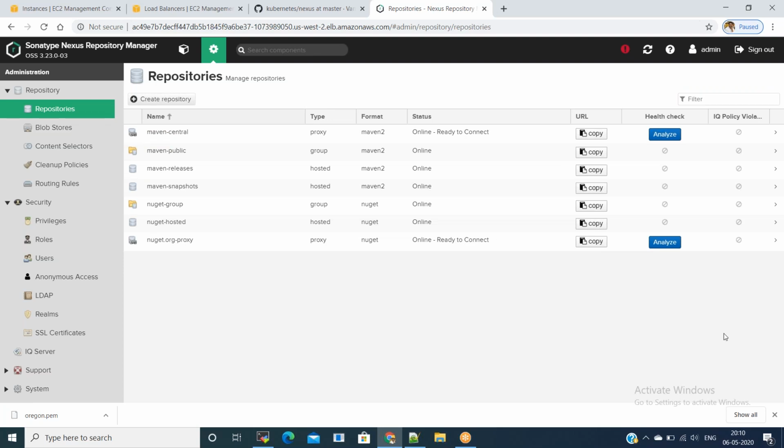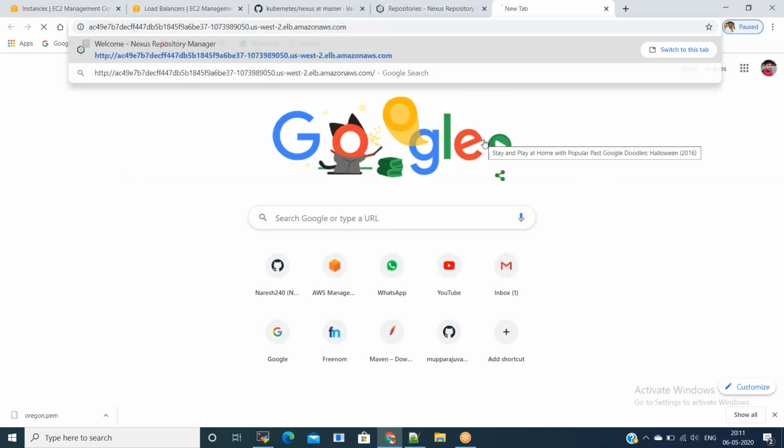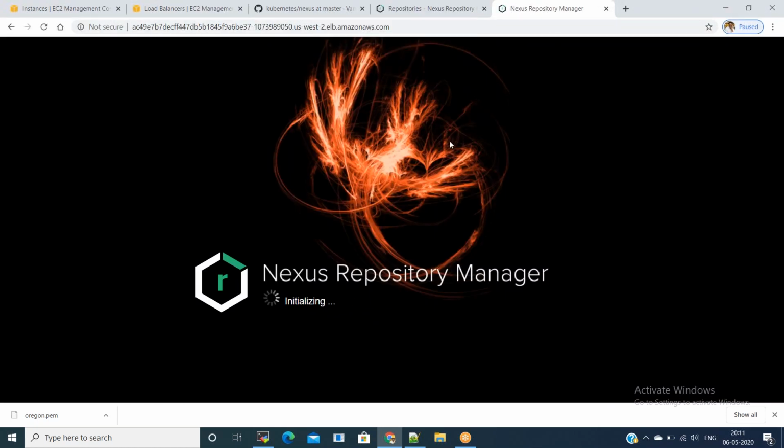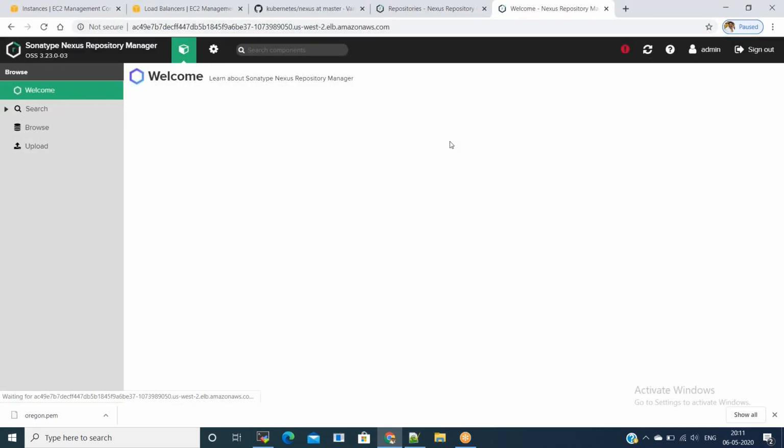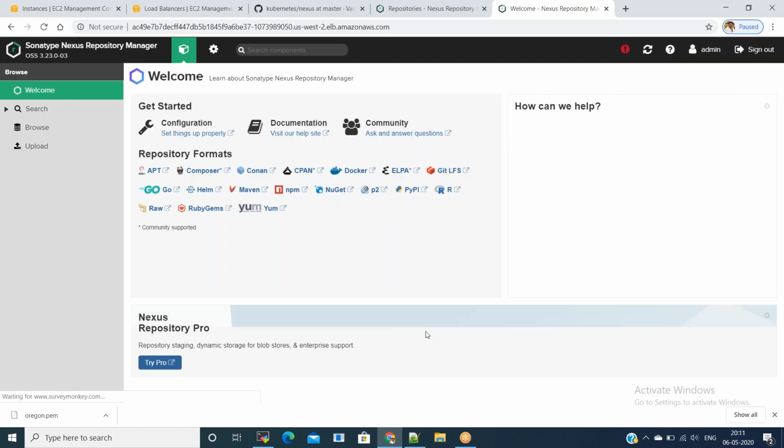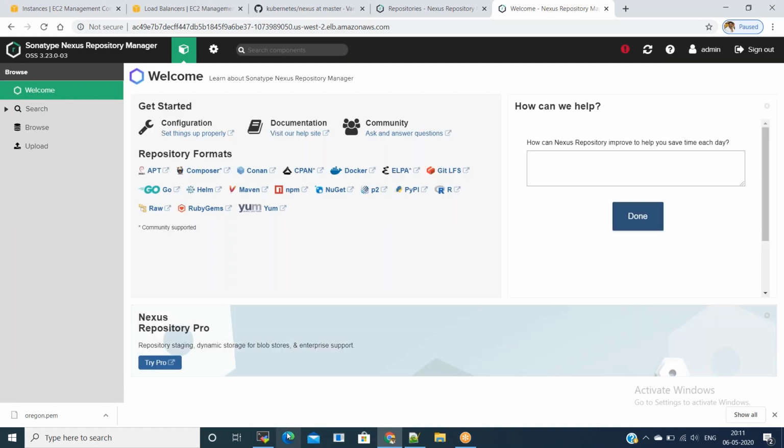If you want, you can open this in another browser just to see whether the username and password, whatever we set, is working fine or not. You can open it in another tab or another browser. Let us try with another browser as well.